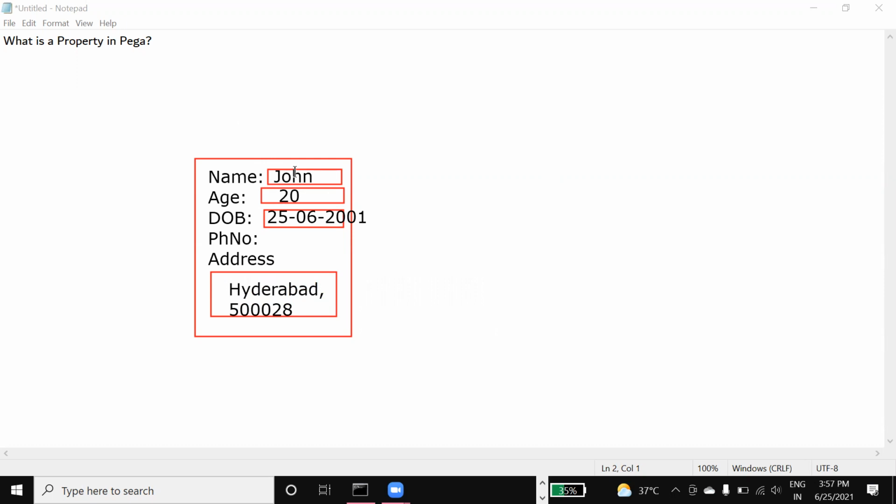The data is stored inside the properties. Whatever data we give will be stored inside the properties which are mapped to the fields. At the back end there is something called a property.